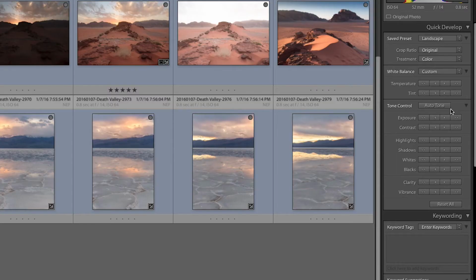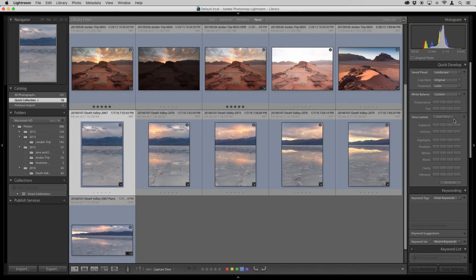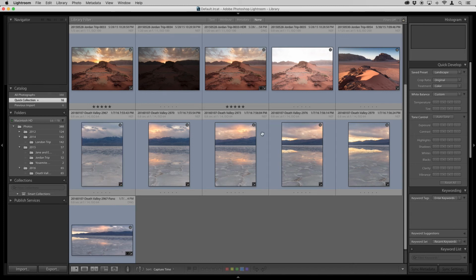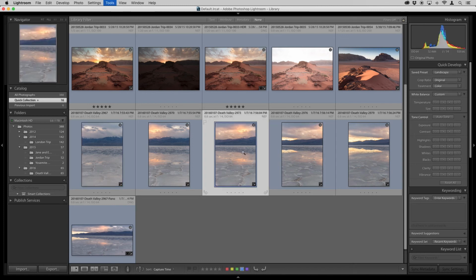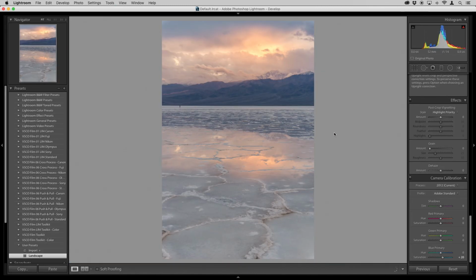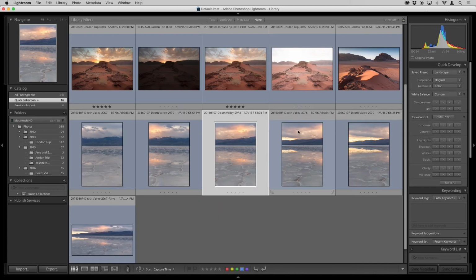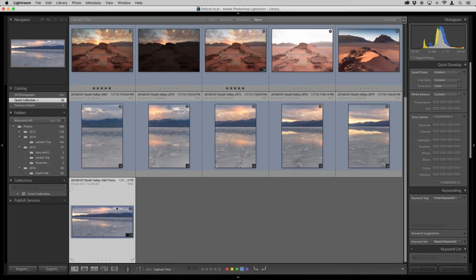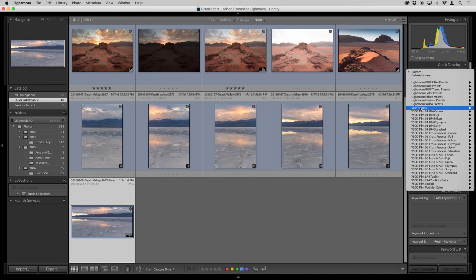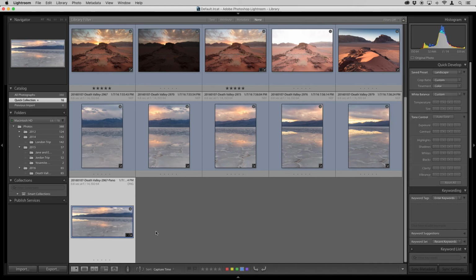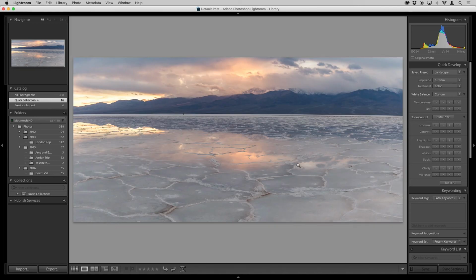So this is something really cool because now I have this one look. I know the settings in there work for that one image. And in fact, in this particular image and the set of images, it worked out really well. So in this case, you know what? I do have this one image, and let's go ahead and try this preset on that as well, because that's actually now a stitched panorama. And look at that, it just changed the look of the image.